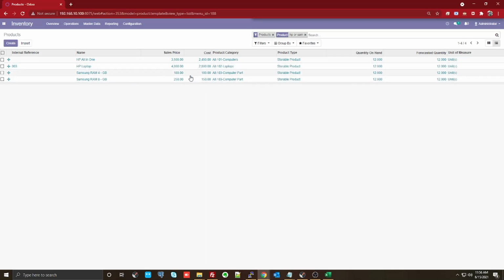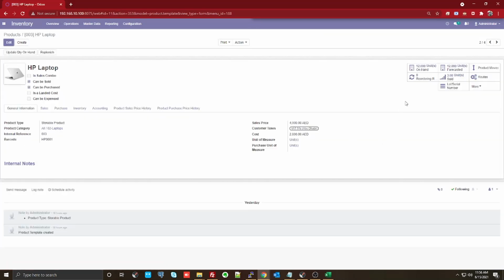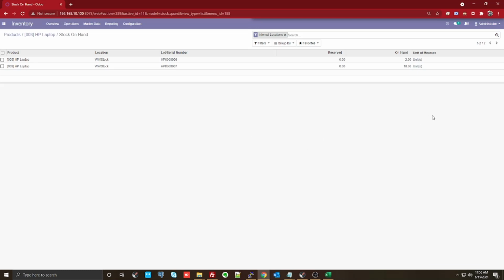Now meanwhile, I also want you to have a look at the HP laptops, where we have different lots, where you can see on hand quantity, which will tell you how many units are pending in this lot, and how many units in that lot. Now if you really require any products where you need expiry details or something like that, we can have the expiry lots enabled onto the system.